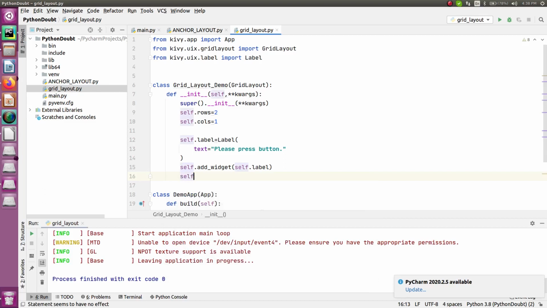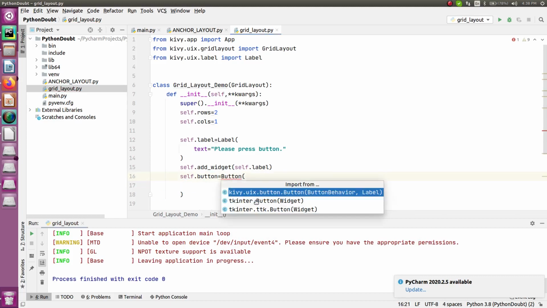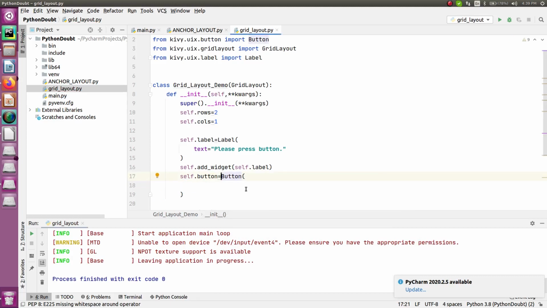For that, just do it like this only. Just assign the name button, and call it from Kivy, this one. And in here just say, let's say, "click me," right?